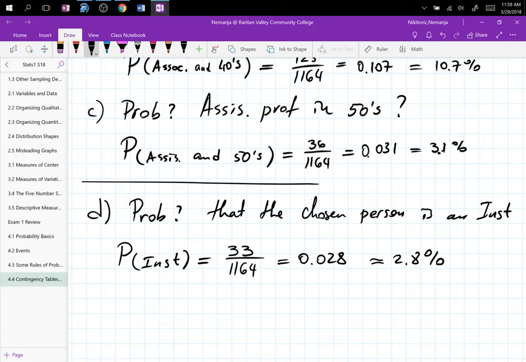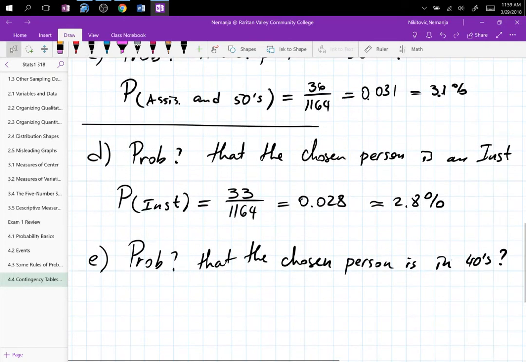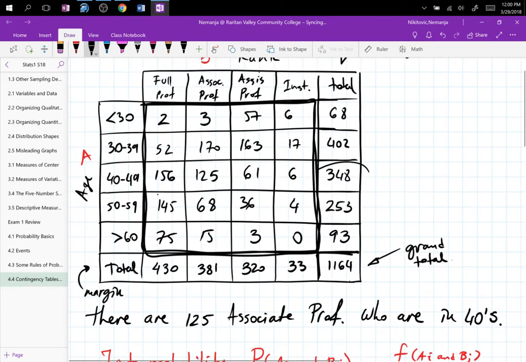So these instructors are the 2.8%. I can also ask, what is the probability that the person chosen is in their 40s? So see, now I want the probability of 40s. You have to go in the total for all 40s. Total of all 40s is here. 348. That's all of the 40s. So 348